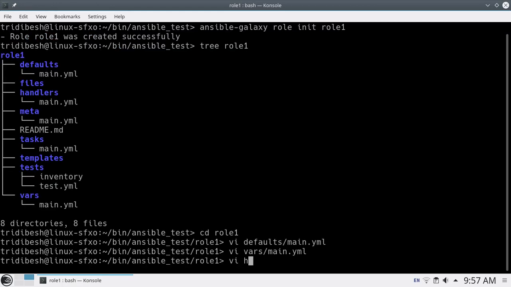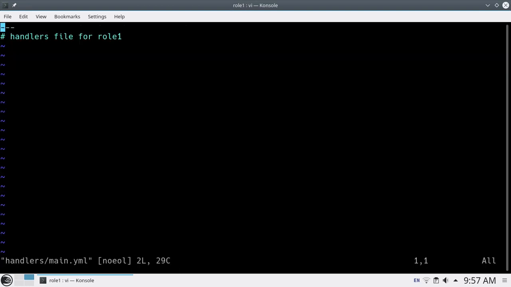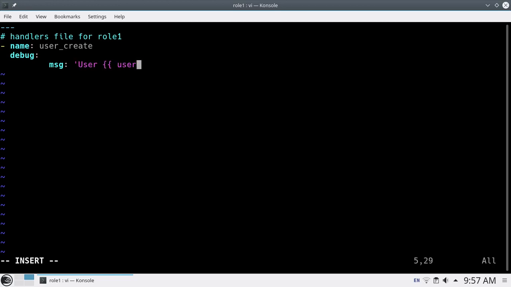Now I will create some handlers. Don't change the name, keep in mind that. Let me give the name user_create. I will use the debug module to show the message, user created successfully, so that you can understand which user has been created.